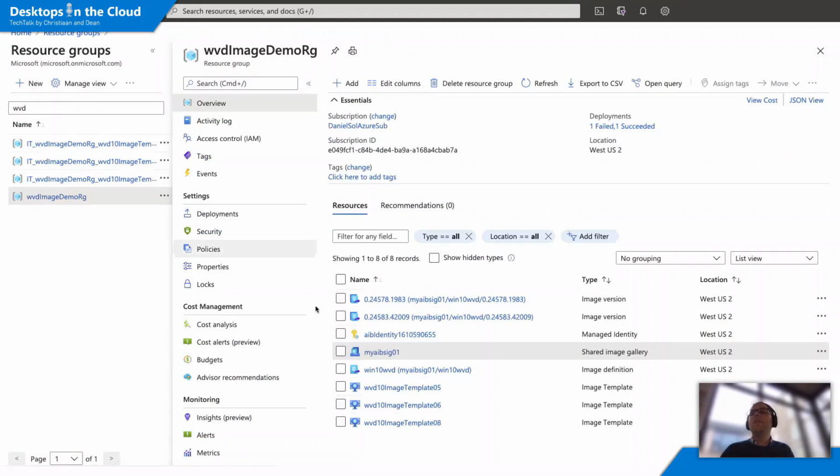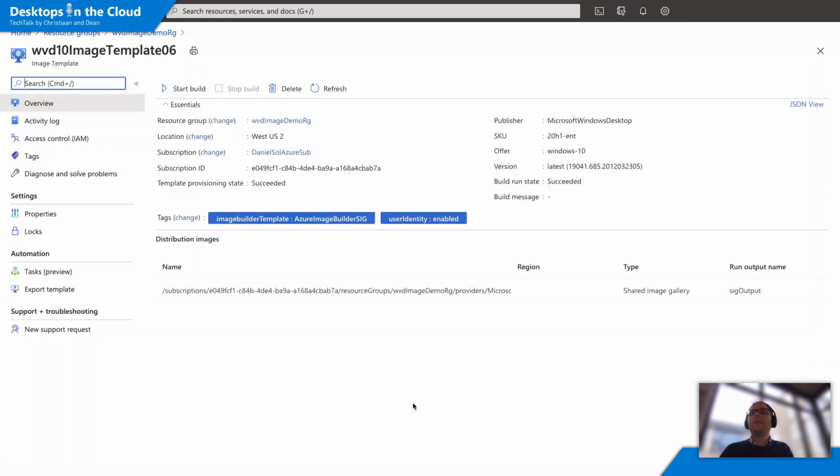This is a preview of some functionality we're working on now. And what you can see is here, you can see the actual Azure VM Image Builder template resources in the resource group. Before, you would have had to have clicked on Show Hidden Types. But if I actually click on one of the templates, so this here is a build I just ran before this,